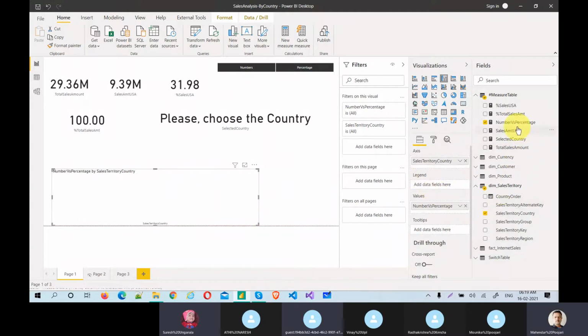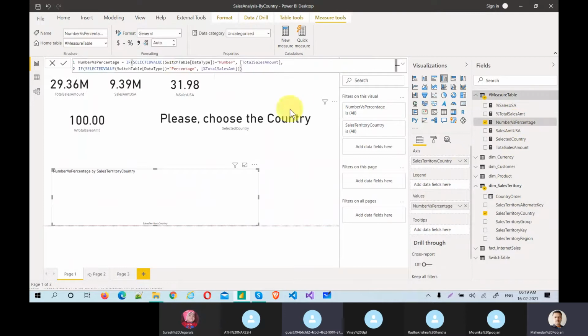Is the mistake... let's see, number versus... yeah, could be the spelling is wrong. Simple. Let me go back to check the switch table. What are the values that we have?